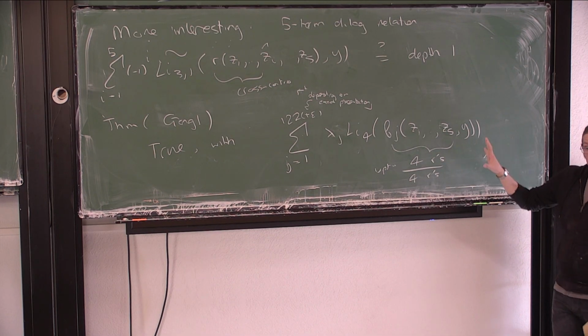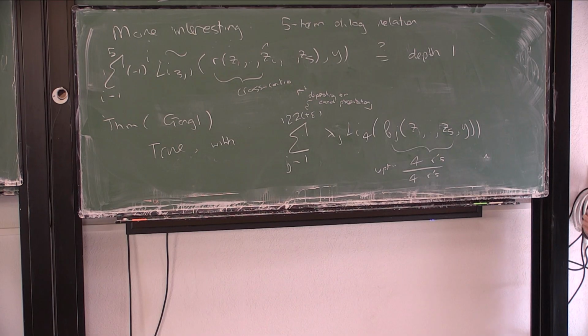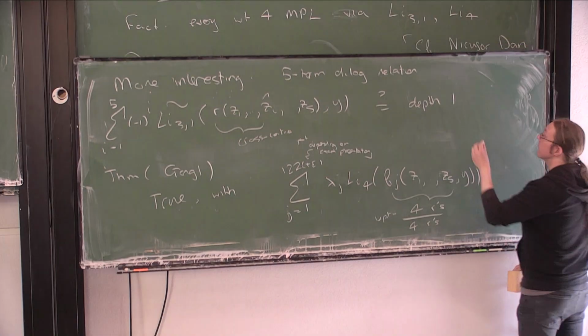The idea in those cases is to take this nice polylog identity relating some depth 2 terms and depth 1 terms and to specialize it in lots of ways. By doing lots of specializations, you can produce some simpler identities like a symmetry relating